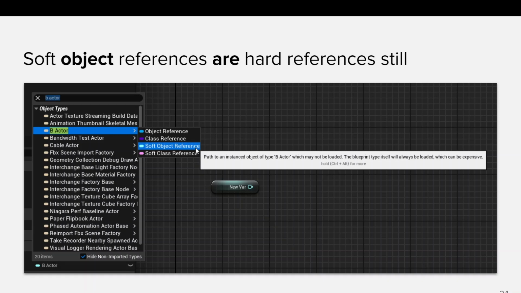So if we have this B actor as my class, and we say soft object reference, I'm creating a hard reference to B actor, to the class B actor, by doing this. So everything in B actor does get loaded. The class gets loaded. But the value of this variable, which we can specify as some instance of B actor,